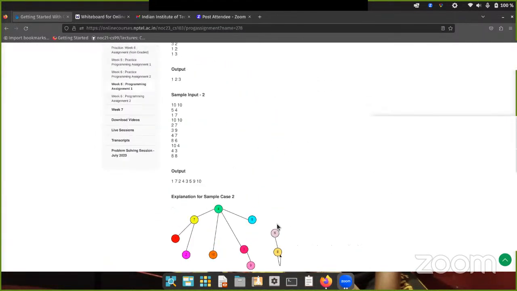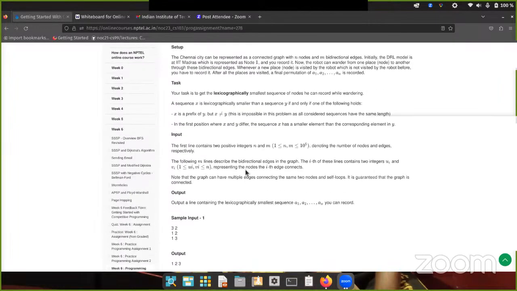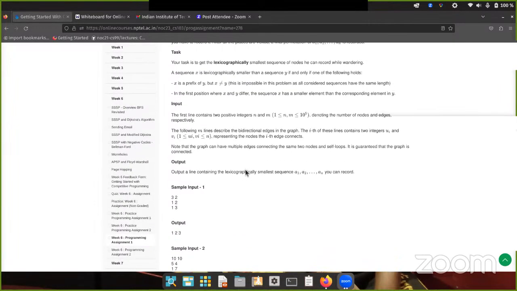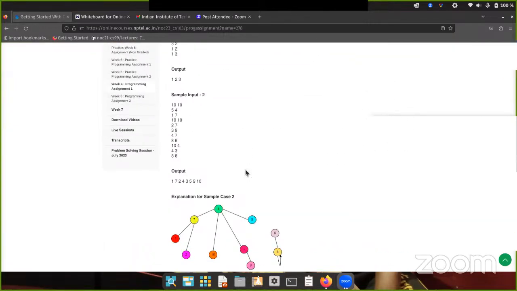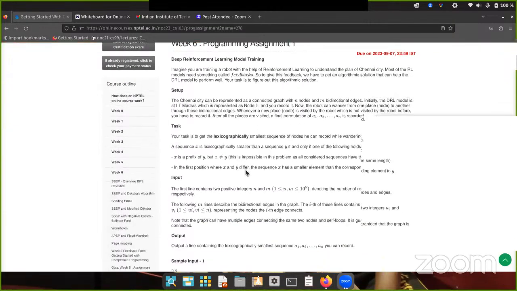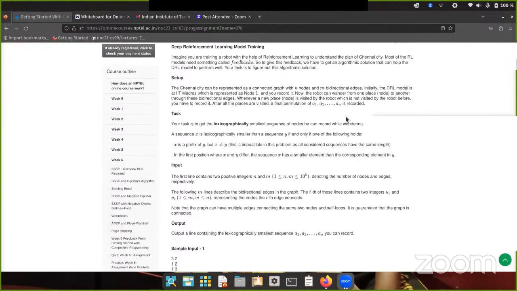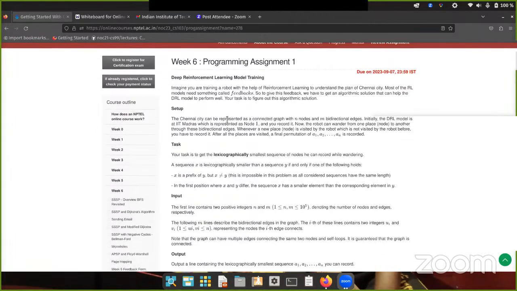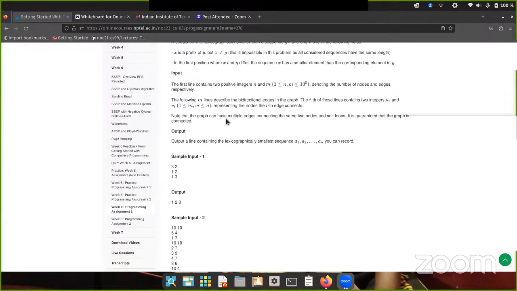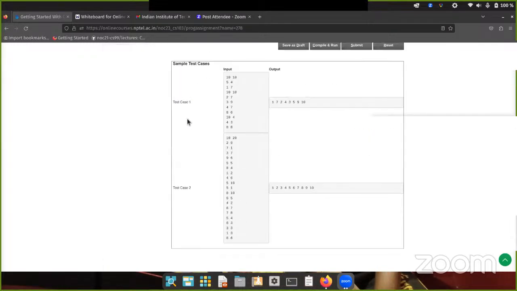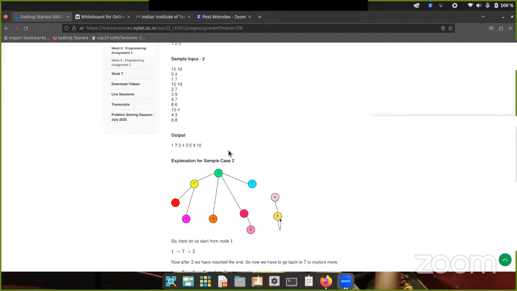Okay, you are talking about this example, right? So inside the input, one note is given in the last line. Okay. I believe they can be even. I think so. I made a mistake. No, inside the input statement, yeah, that's the input, this last line: the graph can have multiple edges, it's guaranteed the graph is connected. Okay, this is what, right? Okay, I believe that's a kind of increase.